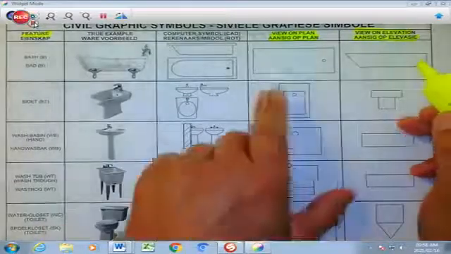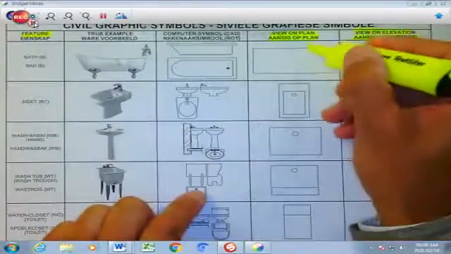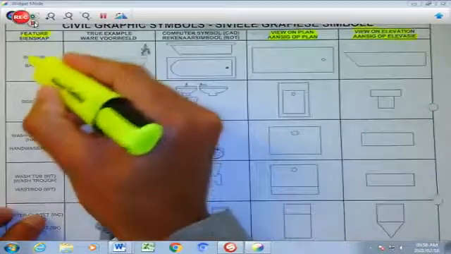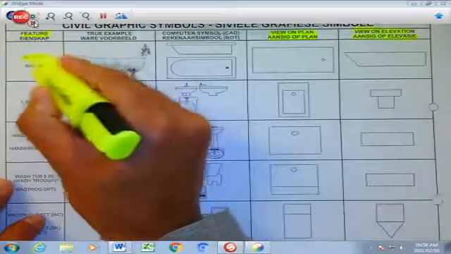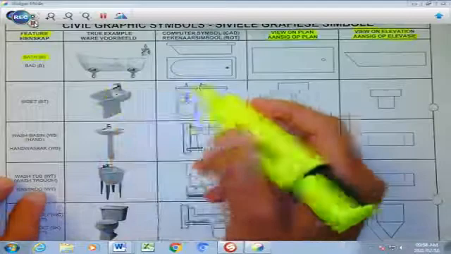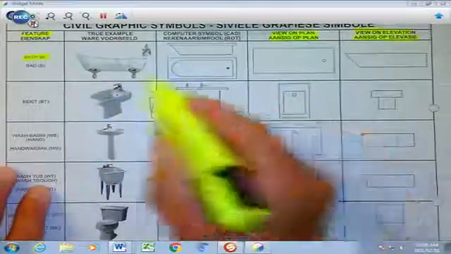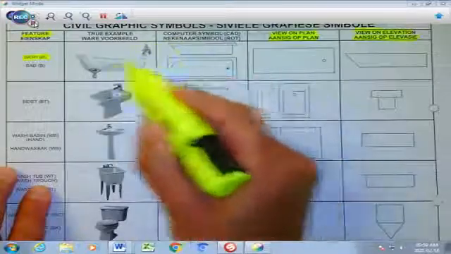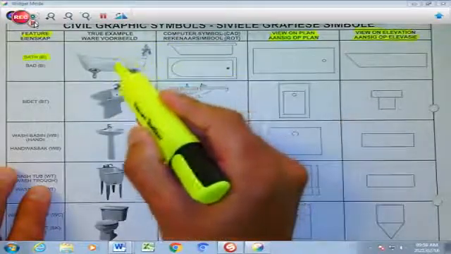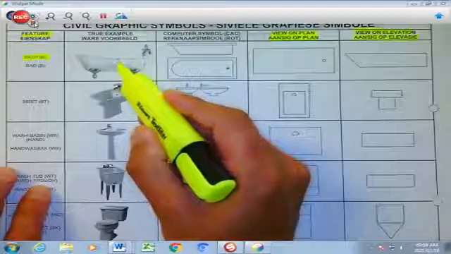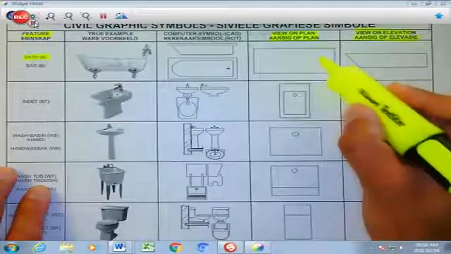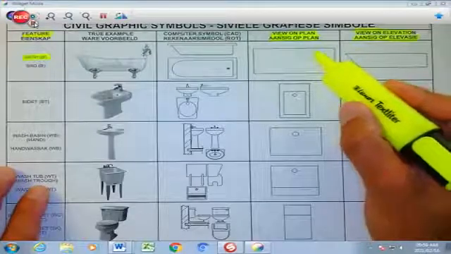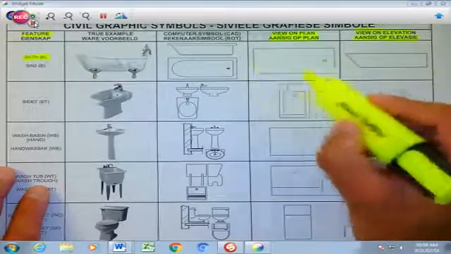This is the view in the plan, this is the view from the top, and this is the view from the front, right? And we look at the first one, which is your bath, and I'm going to underline bath, and I'm hoping that you're going to underline and highlight with me as well. You're not really interested in these two columns here, because that is just the computerized symbol and the actual true example. You need to look at how the symbol is drawn in the SANS format, and there is a rectangular